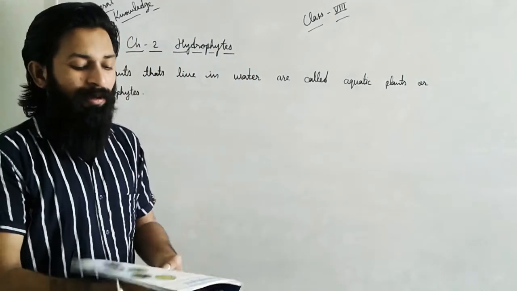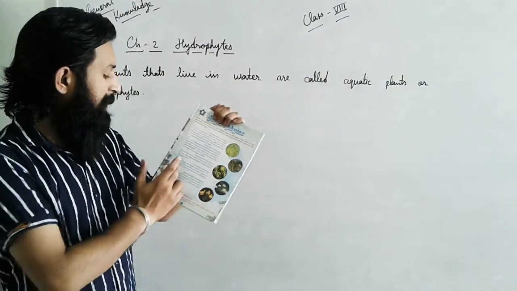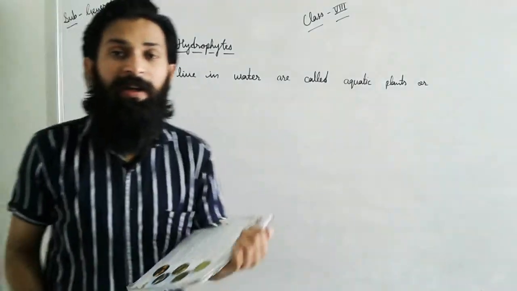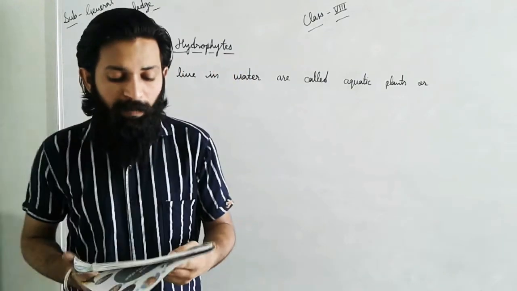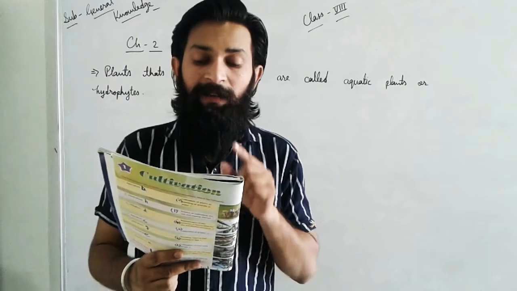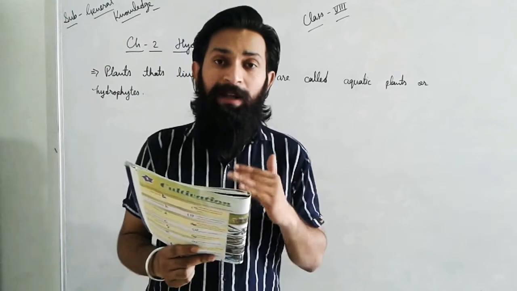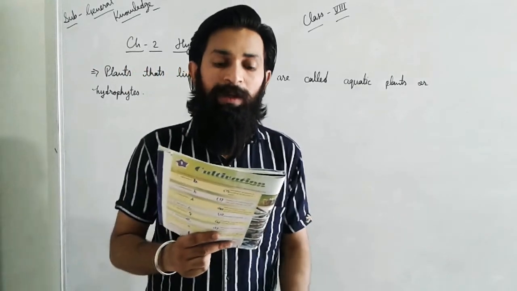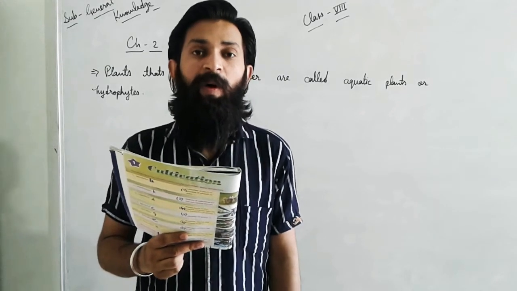Dear students, in your textbook an exercise is already given here: first, second, third and fourth. Fill in the blanks is given. There are 5 fill in the blanks and 5 options already given. If we talk about the first one, the blank is a floating plant. It has fibrous root. Floating plant means a plant that floats on water. Its roots float below the surface of water.